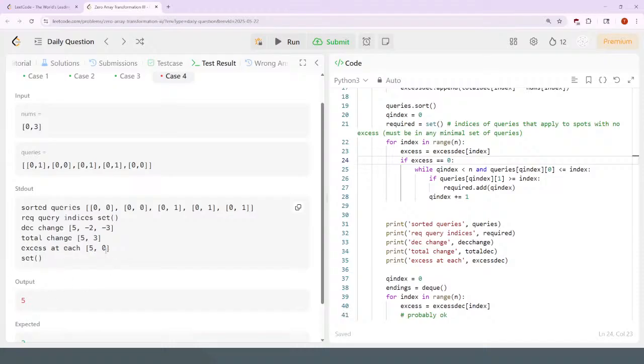Okay, so access should be 3. If the q index is less than n, which it is, and queries at the index is less than or equal to, I think I see. No, I don't see it. I don't see it at all. So